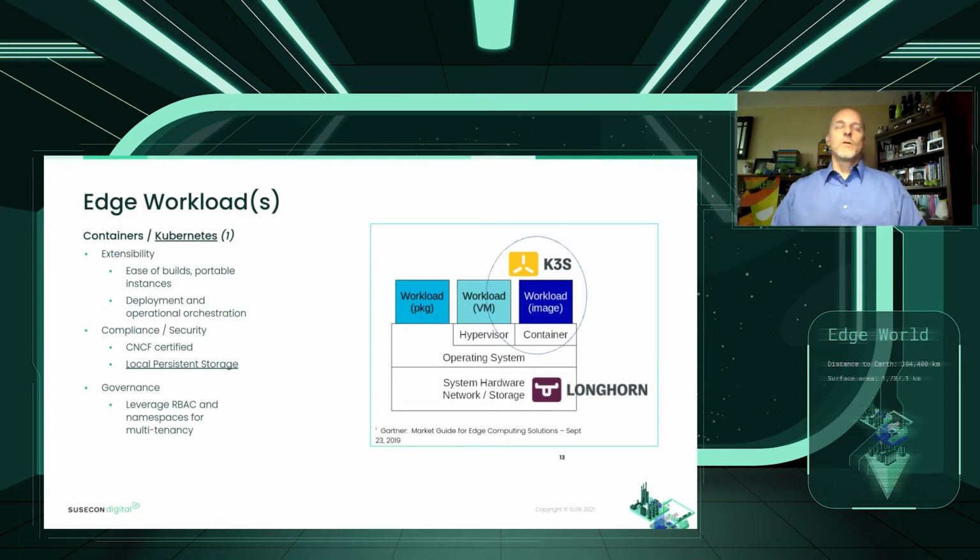Now I can do an edge workload in a way that I'm very comfortable with without having to worry about how it happens to run. All I need to do is write that simple wrapper around it with the manifest, the Helm chart, the operator, whatever. And K3S gives you that ability to have that default Kubernetes API for all of your workloads. So now the extensibility thing is a done deal, right? If I had 1,000 edge nodes that are all running K3S, for the developer, that's as simple as, I can run K3S on my laptop. Yep, it all works fine. Push it into the registry and make it so. Launch it across all those nodes.